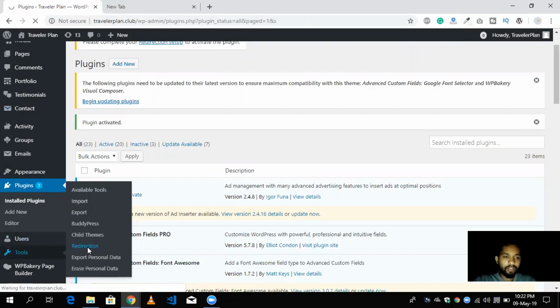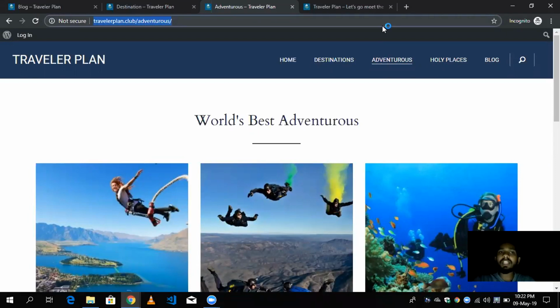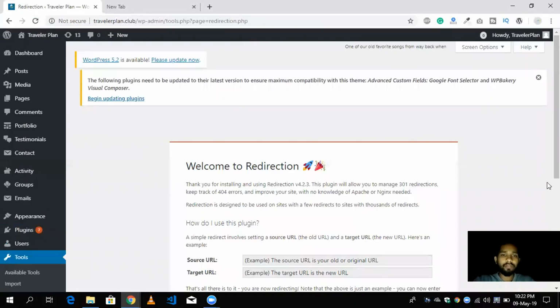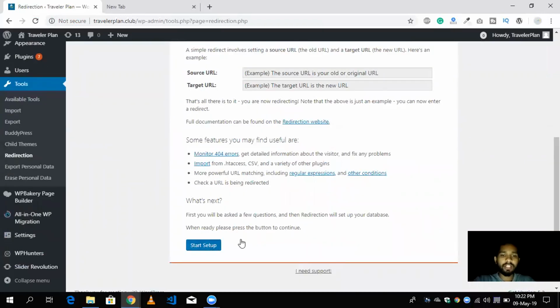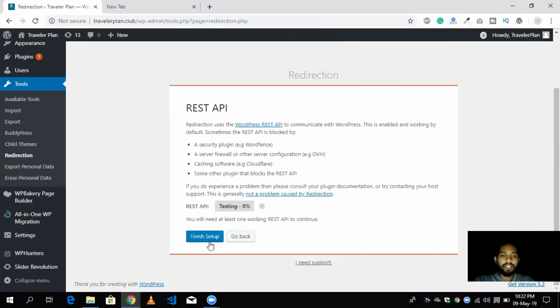Click on the redirection option, and now I have to select one page. If I want to redirect the adventures page to the destination page, when someone clicks on adventures place, they will be redirected to our destination page. So what should I do? Simple. We first click on start setup, then continue setup, and wait some seconds for testing it. Okay, good. Finish setup,